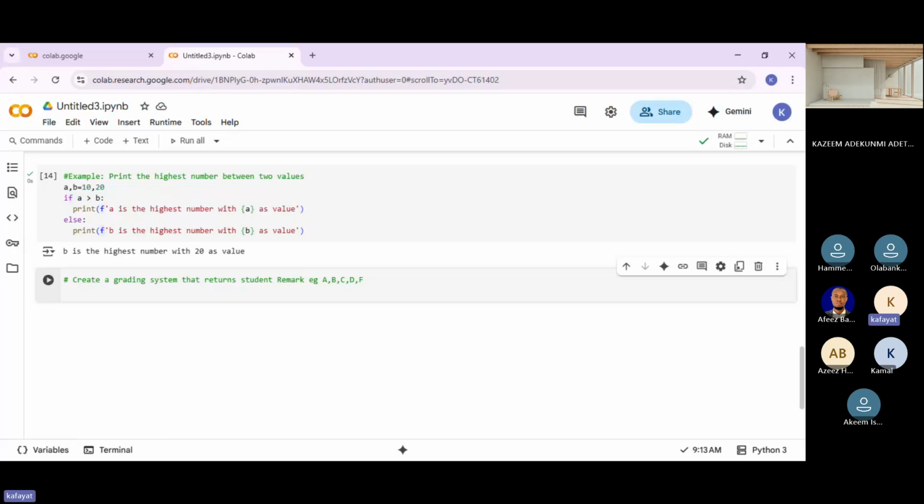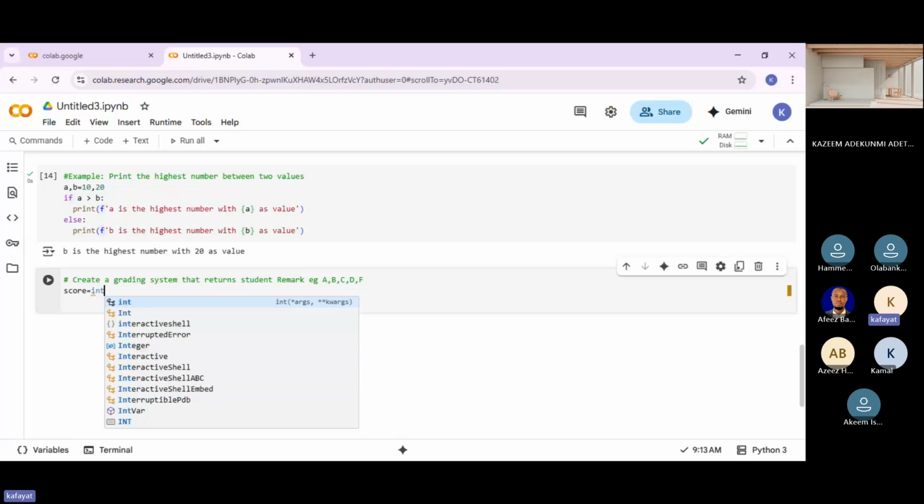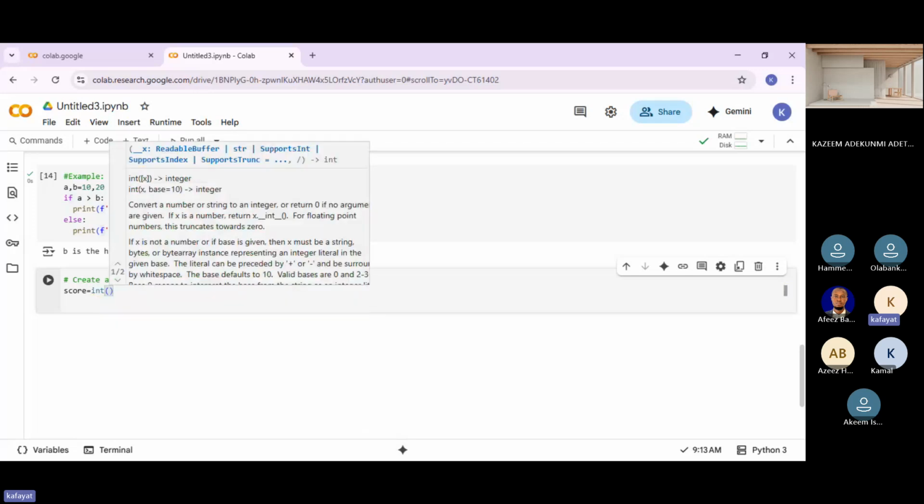So I'll do something here. Score to be equals to... Let's use input, ma. We should use input? It will make it easy for you. You were thinking like what I'm thinking, but I don't want to go too far.